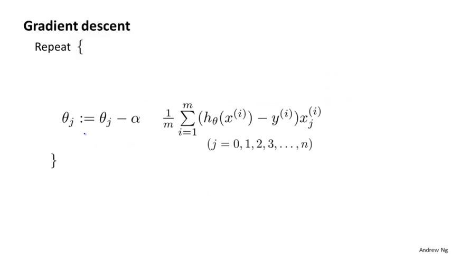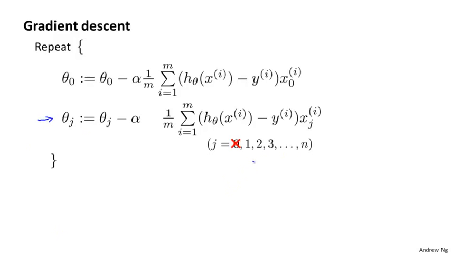J of theta. Previously, we were using gradient descent for the original cost function without the regularization term, and we had the following algorithm. For regular linear regression without regularization, we repeatedly update the parameters theta j as follows for j equals 0, 1, 2, up through n. Let me take this and just write the case for theta 0 separately. So, I'm just going to write the update for theta 0 separately from the update for the parameters 1, 2, 3, and so on up to n. I haven't changed anything yet, right? This is just writing the update for theta 0 separately from the updates for theta 1, theta 2, theta 3,